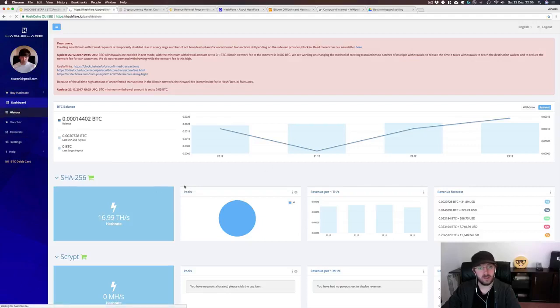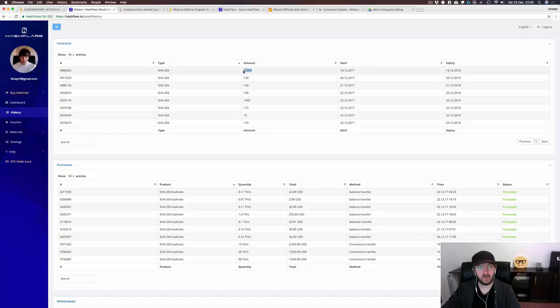One last thing I wanted to show you guys is the Hashflare control panel. And as you can see here, I started with 15 terahashes, and then I have been upgrading every day with the daily payout. Here, as you can see, I got a bigger upgrade because I got a referral here, so I was able to upgrade to even more terahashes. That's another great strategy if you want to compound even quicker. If you know someone that is interested in this, they can use your referral, and you can earn a commission on that, and you can upgrade your terahashes even quicker.